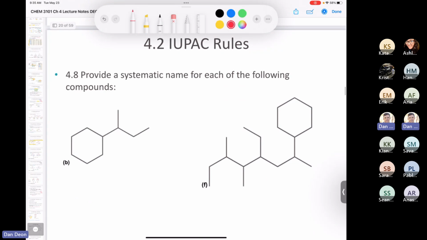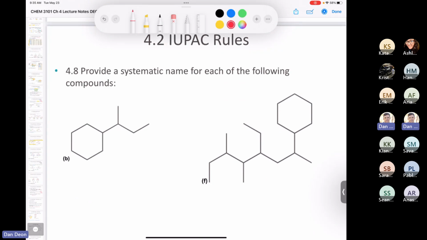All right, well, that's a good thing we asked that question because you're going to need that rule to solve these guys here. So what's the parent going to be in B? What would my parent be here? The longest carbon chain in A. Cyclohexane, absolutely. So this is some kind of cyclohexane. Could anybody identify this alkyl group over here?